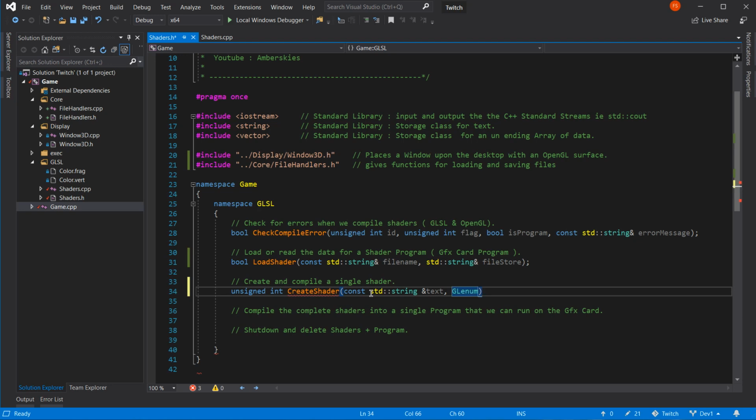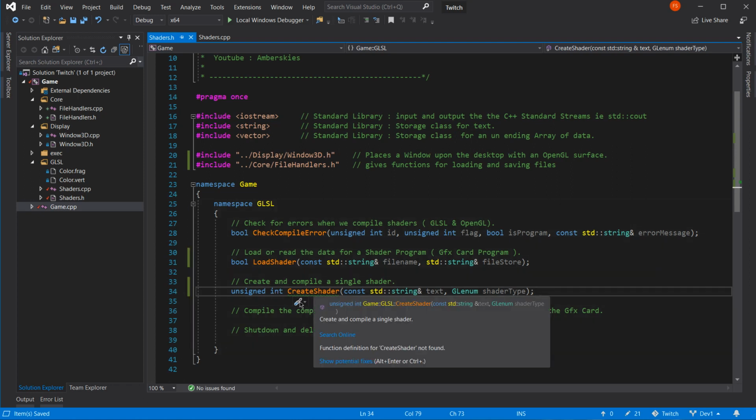Okay, I've got them from that Windows 3D.h, by the way. That's why I need it. It gives us all the OpenGL stuff. And that's going to be shader type. We'll need to know which shader type it is, whether it's a vertex or a fragment shader. I'm guessing. Do we need to know that? Yes, we do. As we'll see. We probably will. I hope we will. Because that'll make sense then.